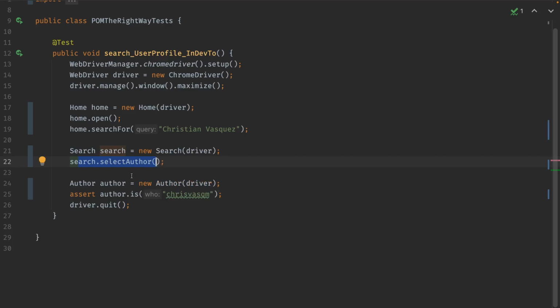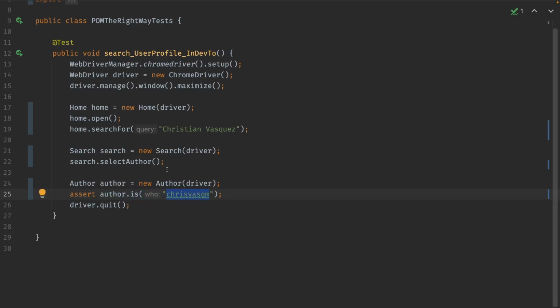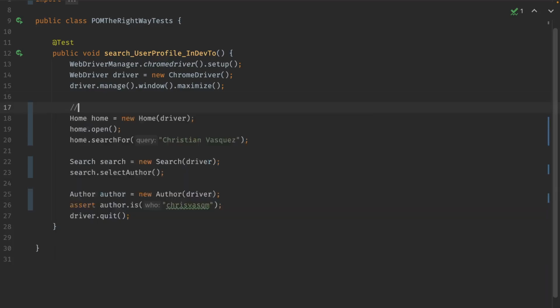So following the same thing, we need to create an author page, and then we check if the author is Chris Baskin, which is my user. So now our code is looking a lot cleaner. Now there are a few things we can still do to better improve our code. Now for the page object model pattern,